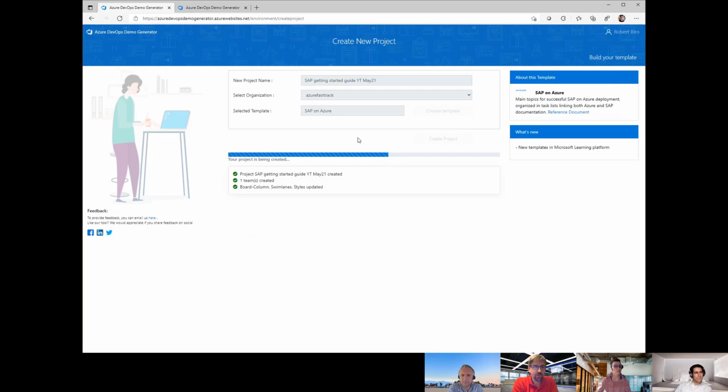Robert, do you know who is operating the demo generator? This is not coming from the Fast Track team, right? This is something that is hosted by someone else, but everyone is able to provide or create new templates, or how is it? That's correct. There is a team. It is all on